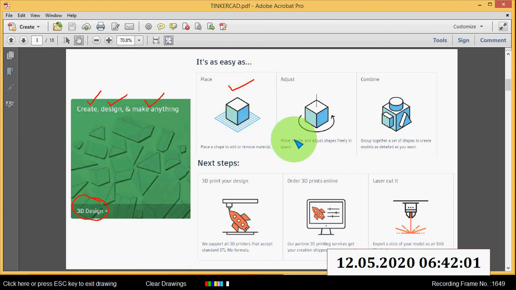You can move, rotate and adjust shapes freely in space, and you can group together a set of shapes to create a model as detailed as you want.